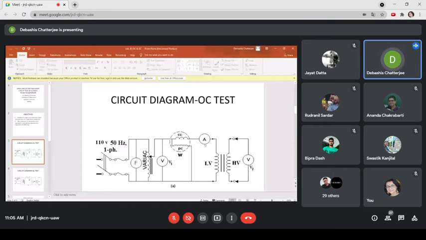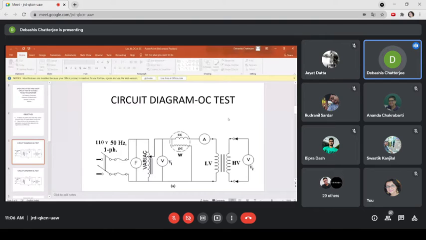So this is the metering side, the voltage side, and the test side is the low voltage side, and the high voltage side is open. A voltmeter is connected at the high voltage side to get the characteristics. If the high voltage is too large, you can use a potential transformer to step down the voltage and get the voltage read. That is a different issue. But for lab experimentation, you can have a secondary voltmeter connected to the high voltage side.